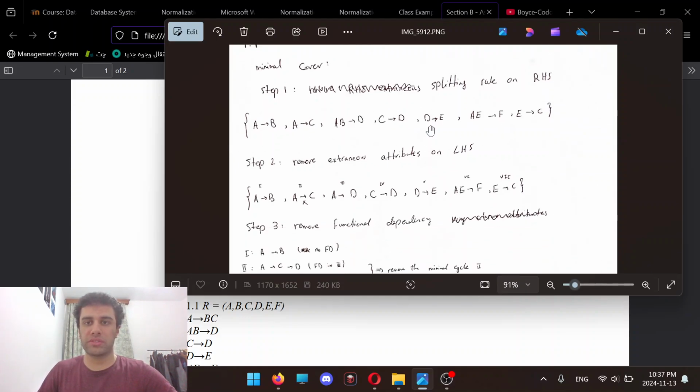There is another similar situation here for A, E to F, but we can't do it because here A derives E, E derives A, but we can't find a relation that would say A leads to E, or E leads to A, or A leads to F, or E leads to F. So we have to leave it here. This is already minimized. So the third step is